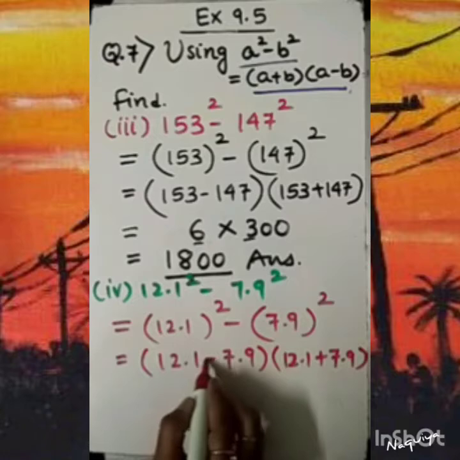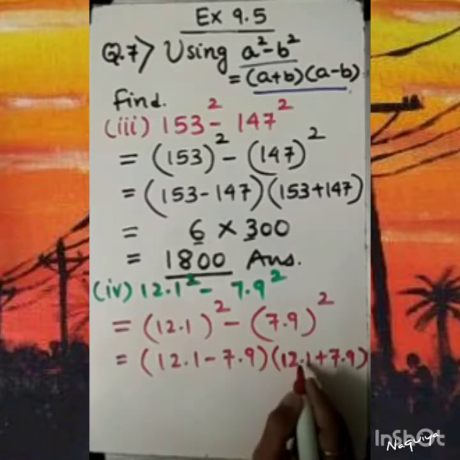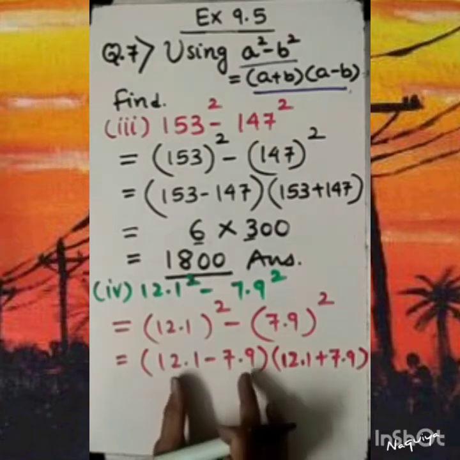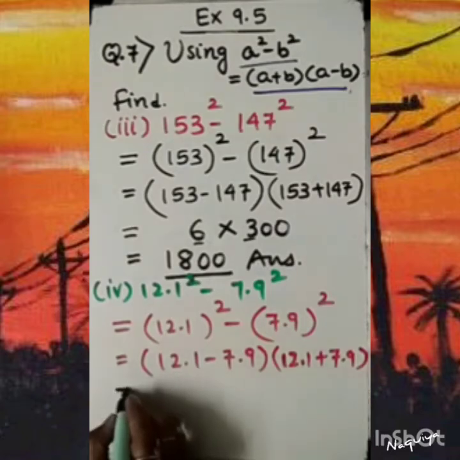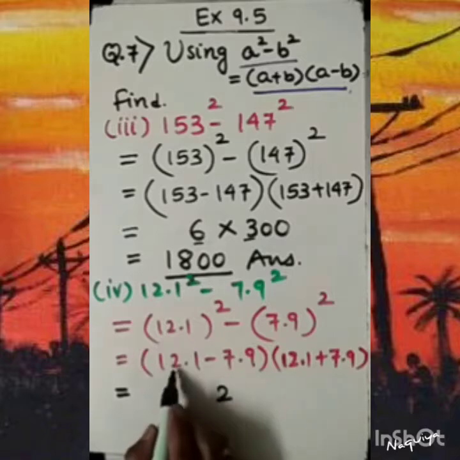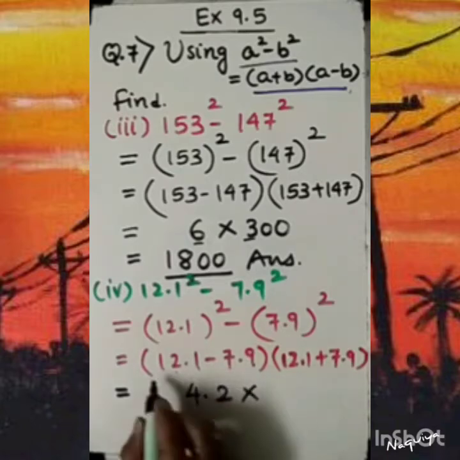If you want to go with plus here and then minus, then also nothing to worry about. The solution will remain the same. Simply I have done nothing. Only first I subtracted b from a, and then a plus b. Let's simplify. 1 minus 9 not possible. So 11 minus 9, 2. As we borrow from here, it is 1 here only. So again we need to borrow. So 11 minus 7 is 4. The solution of this is coming 4.2.